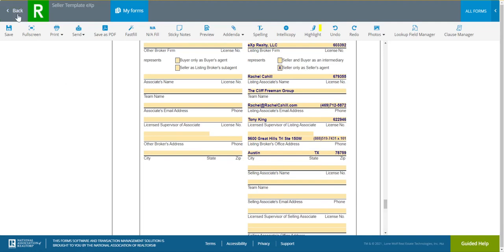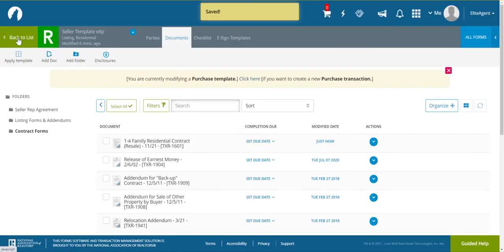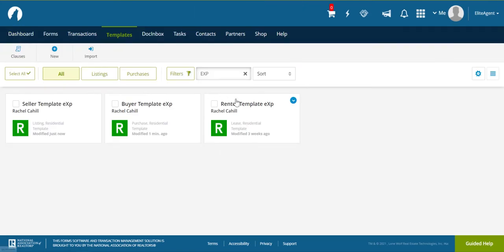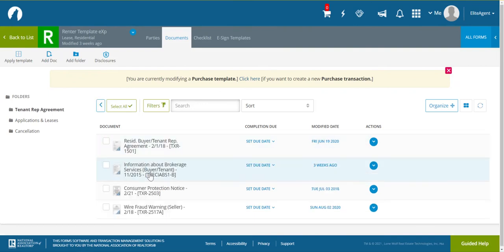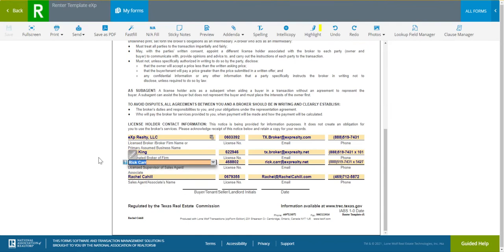So got that. And then we are done with the buyer template. And then we'll go do the renter template. So click on the tenant rep agreement, click on the IABS, go click on Tony King, and then license number